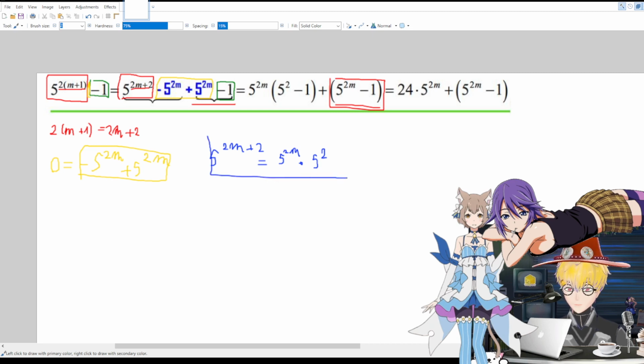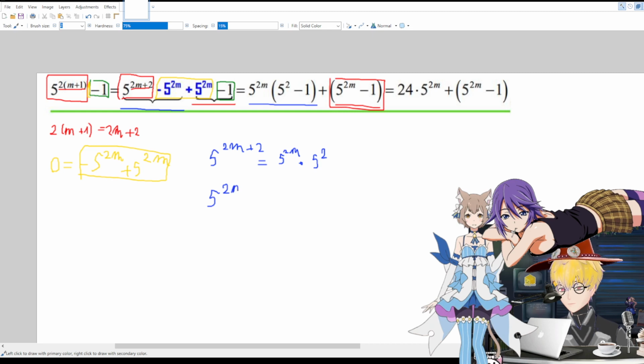So that is this entire section. Now, to explain how this entire part is equal to this, we just write this near this. So you write 5 to 2m times 5 to the power of 2 minus 5 to 2m